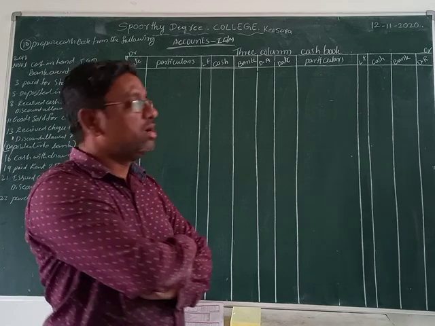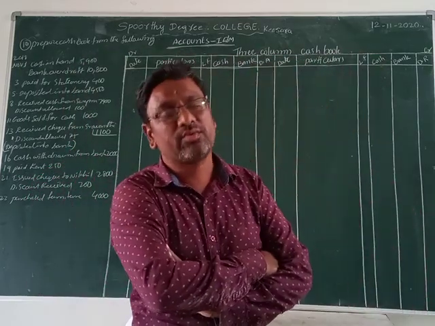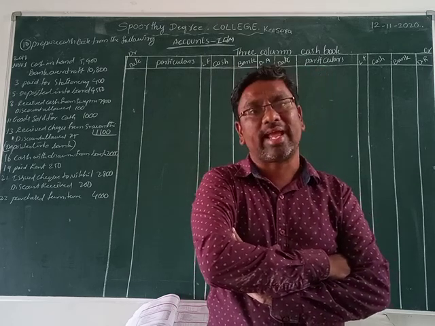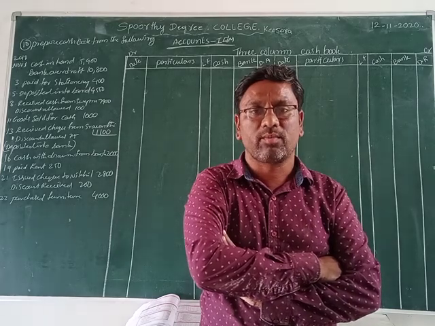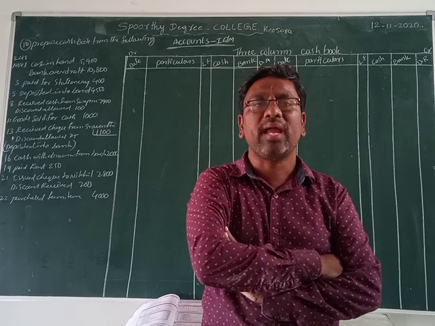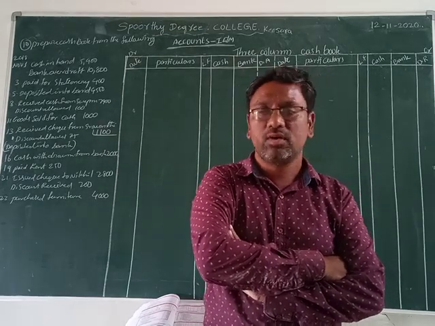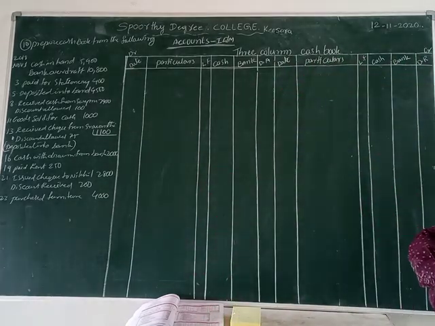Overdraft means what? For example, the bank has 15,000 rupees. We can withdraw 20,000. The remaining 5,000 is what? Overdraft, an extra amount we can draw. That type of amount is an overdraft amount. That is one of the liabilities. It is a payment to the bank. So here there is a payment amount.